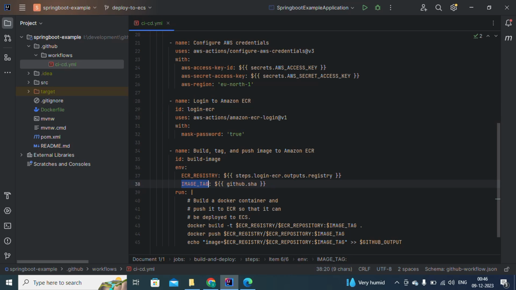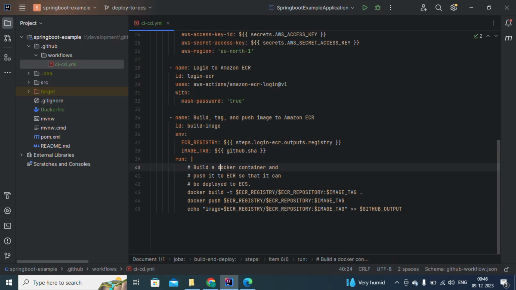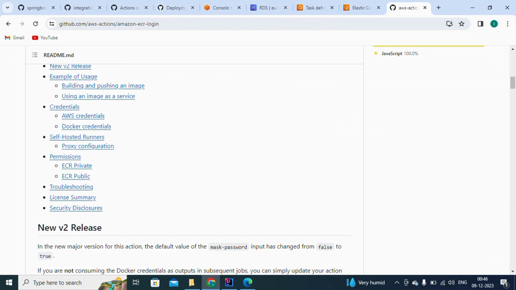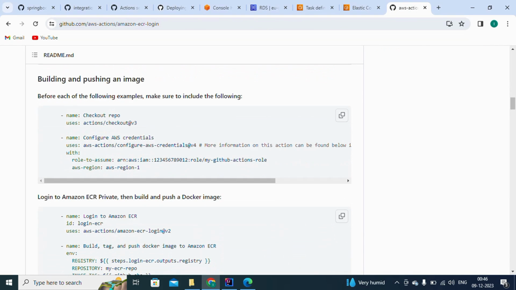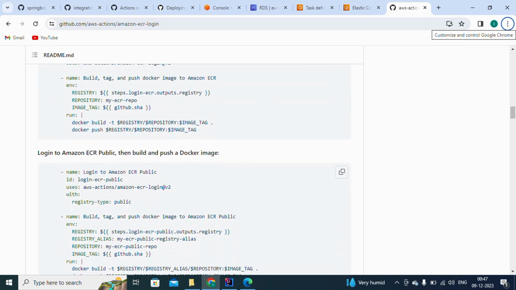So here we are creating the image as the commit ID. So we will use this predefined variable github.sha, which will be the last commit ID, and we'll run the below commands to build and deploy the file, right? So the earlier action we used, right? This is the ECR login, correct? Which will give us the image of our